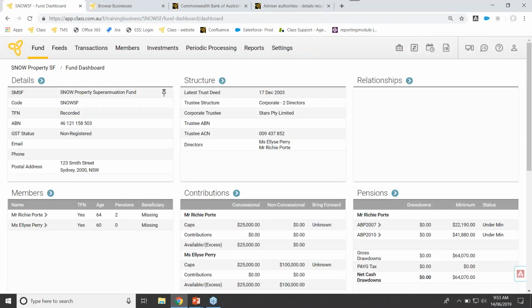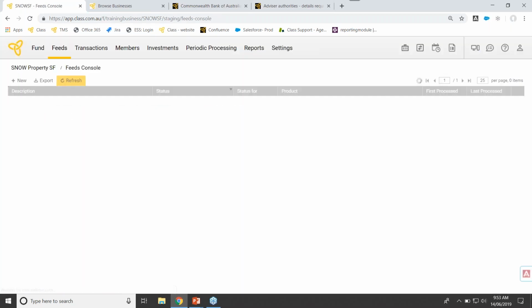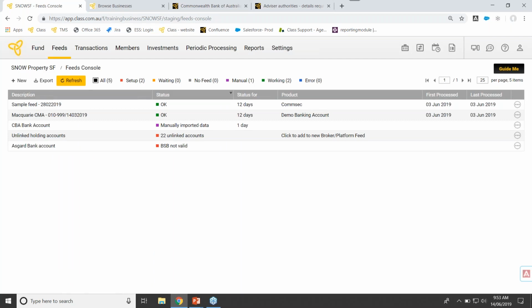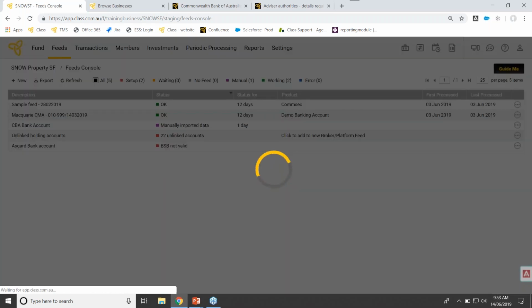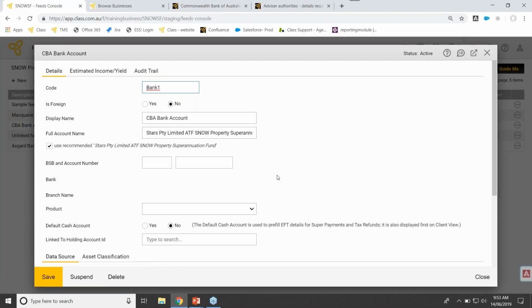So we're in a fund now at the dashboard level. I'll take you through setting up a bank feed. Click on feeds console. That's now on a fund level. You're in the feed console. There are always two options. In this scenario, I'm using a bank account that is already set up in the fund. If you don't have the bank set up, you can click on new and go new cash feed. So today I'll just use the CBA bank, which is in this fund, and take you through step by step